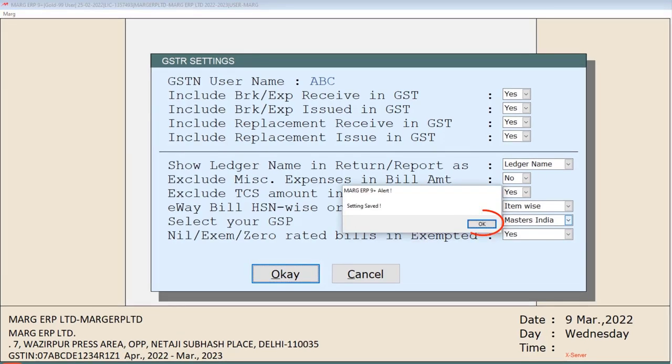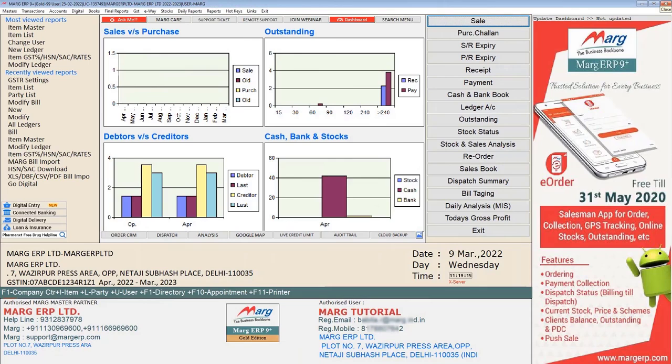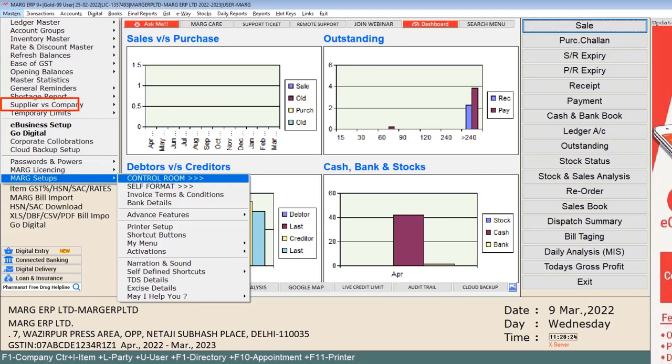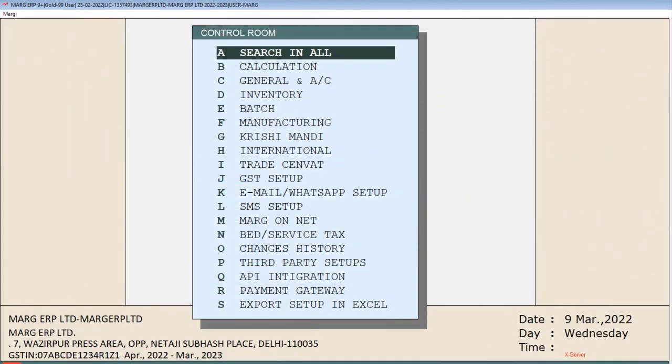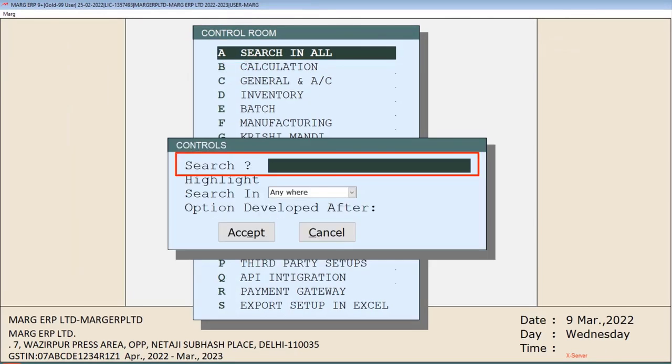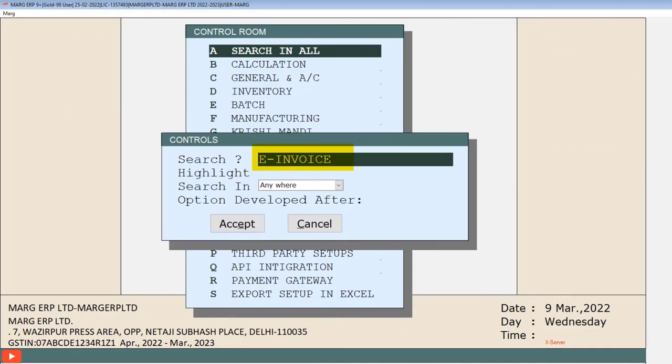Again, after clicking on OK, we will save the settings and come to the home screen. After this, we have to do some settings in the control room, for which we will go to Master's menu, then to Marg Setups, and then click on Control Room option. Then from here, by clicking on the Search in All field, type E-Invoice in Search field and then click on